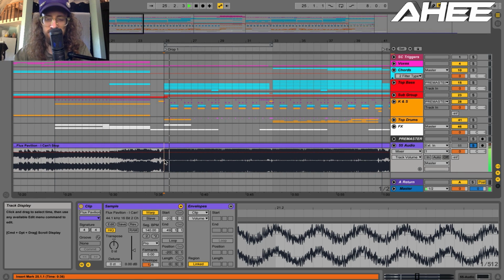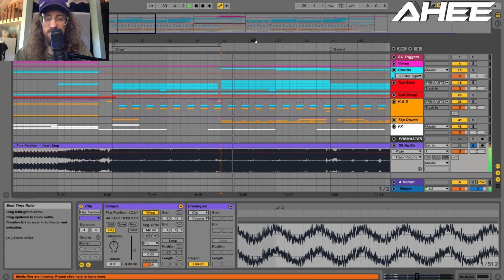Here's the original. Sped up. You can see that this section is pretty much the same. It's just got a little bit more energy, and then this section is